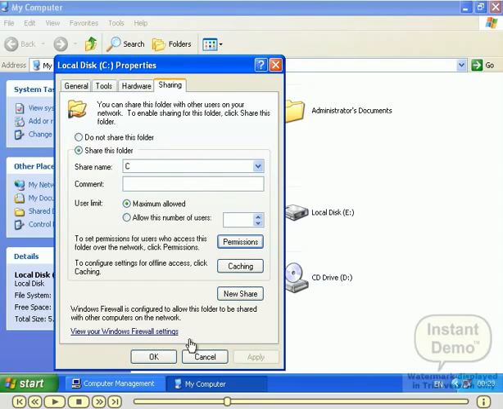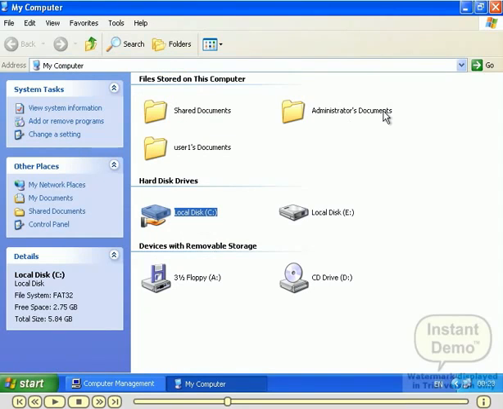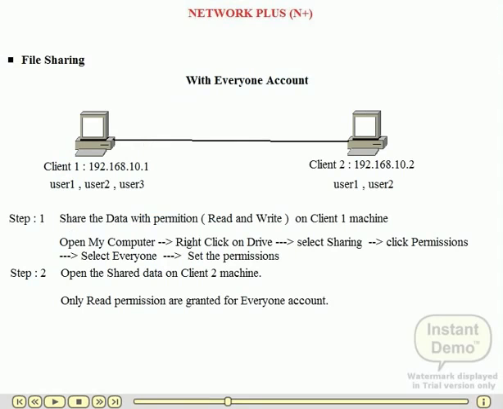Press OK. Now the C drive is shared with read permission for the Everyone account. Everyone means any user in our system. So finally we share the C drive with permission